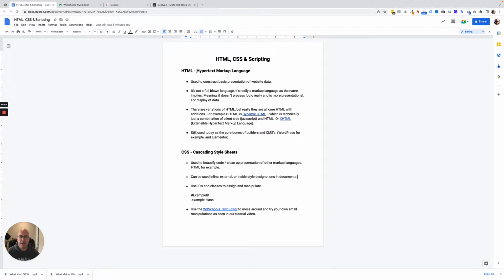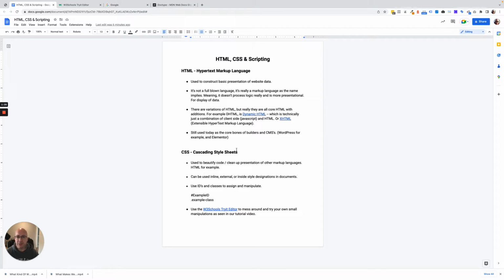presentation of website data. So when you see a website, that data is usually in hypertext markup language. In fact, it almost always is. And it's manipulated by cascading style sheets, okay? Which is right here, CSS. So between HTML, CSS, and JavaScript, that makes up probably about 85% of a website in terms of code totality